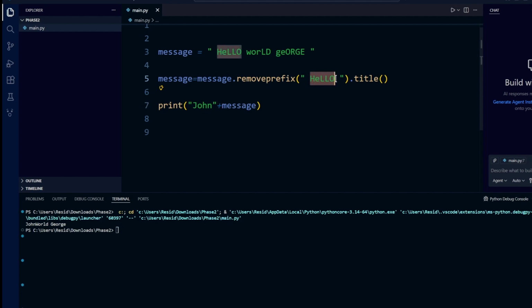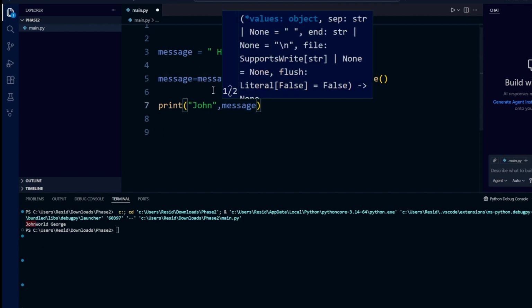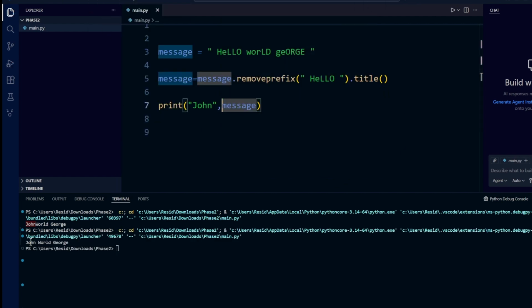first you see the hello is clearly gone, right? Again, it's case sensitive, so it matters if it's spelled correctly or even if there's one extra space. So it added John, and you can clearly see it merged directly, it did not add any extra spacing. But if I add comma,